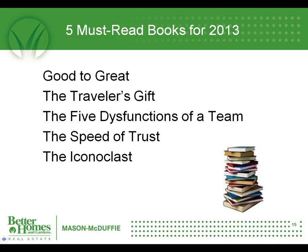Now let me start with this book. It reads a little textbooky. It's not the most compelling reading book. So if you are not someone who's read a tremendous amount, I wouldn't start here. I wouldn't use this book to launch your reading commitment for this year. But Jim Collins is the author, and he took this concept of